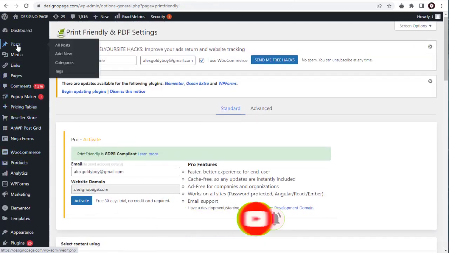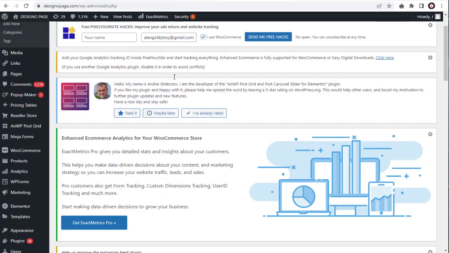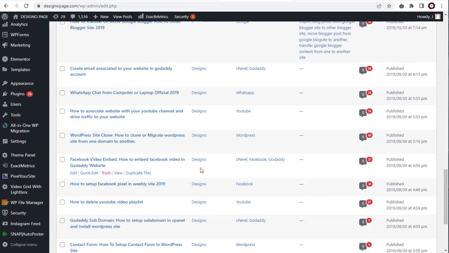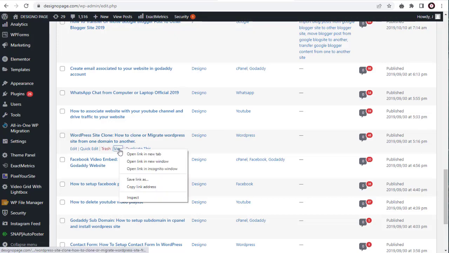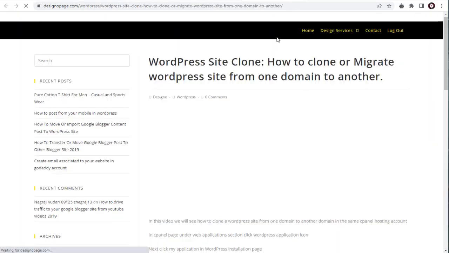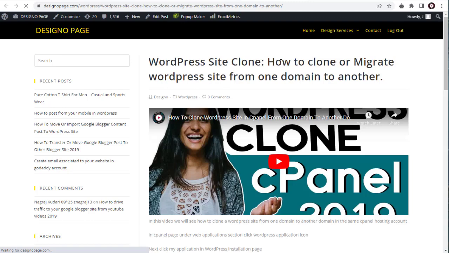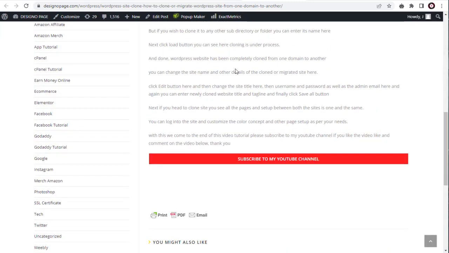Next, we can go to the All Posts by selecting the Posts tab on the dashboard. Here, we can select a post to view the PDF button setup under the blog posts. Now let's go to the Posts page to see the button displayed below the blog post. And the Print and PDF button is set up successfully under the blog post on the left-hand side of the